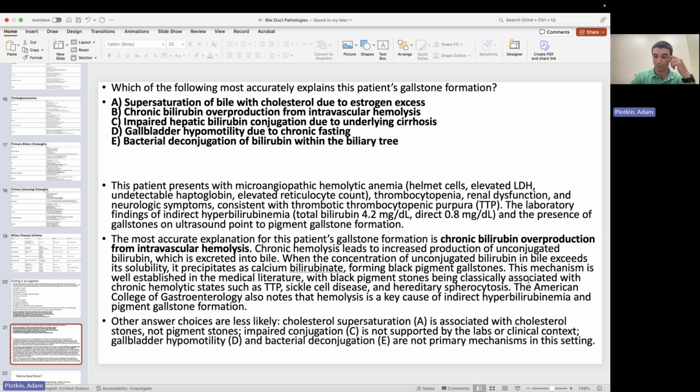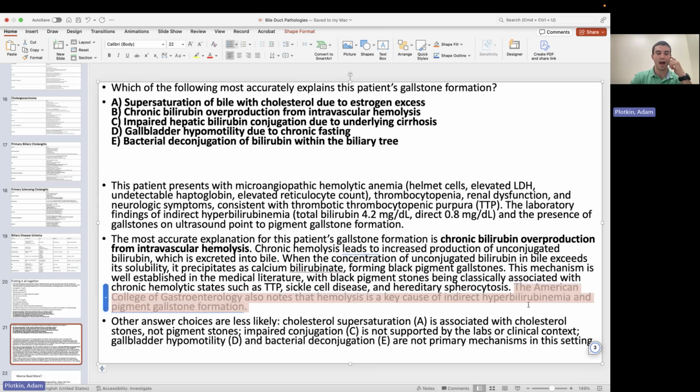I took this line right from the American College of Gastroenterology. It notes that hemolysis is a key cause of indirect hyperbilirubinemia and pigment gallstone formation. So we need to think about chronic hemolytic states like TTP, sickle cell, hereditary spherocytosis. I've seen so many questions on hereditary spherocytosis causing this, and sickle cell. I decided to switch things up and ask you about a different form of hemolytic anemia, especially considering I haven't done my formal hemolytic anemia talk, but I have done my talk on TTP, so I figured that would be safe. So again, hemolytic anemia,